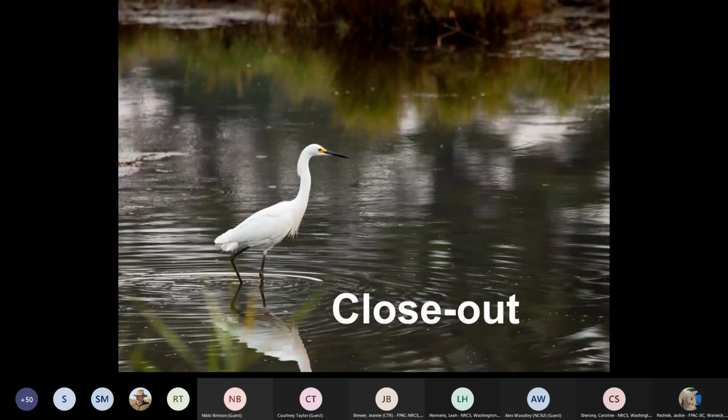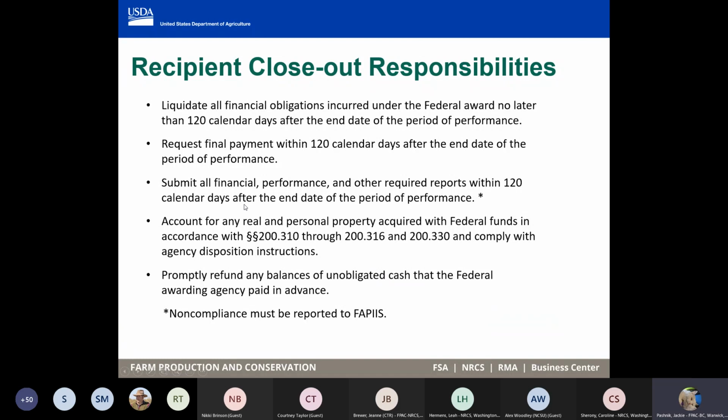Agreement closeout. So 120 days after your agreement expires, we're going to be looking to make sure everything is closed out. That means by the 120-day mark you have paid all your bills. You've liquidated all the financial obligations that you incurred under this award. Within 120 days, you're going to want to submit that final payment request to us. Within 120 days, we're going to make sure that all the financial performance and other reports have been received, accepted,